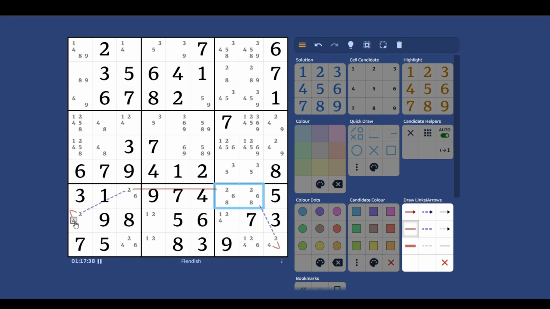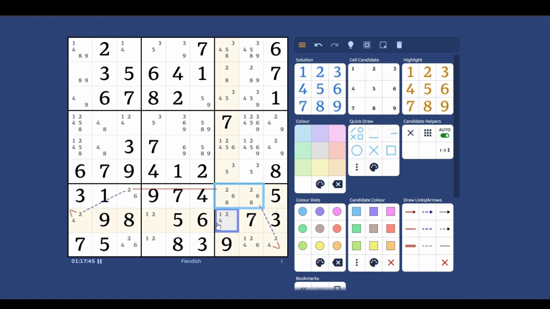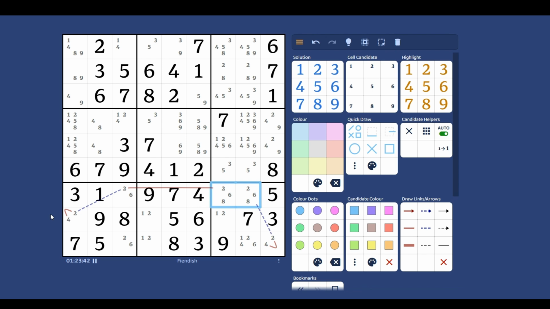So started on a 4, ended on a 4. This is a type 1 AIC, and we could eliminate any 4s that see both ends. And the only instances of that are the 4s in these 2 cells. So as you can see, V, L, V. That's the W-wing structure. So these V-links on the ends force our second and our fourth links to be location